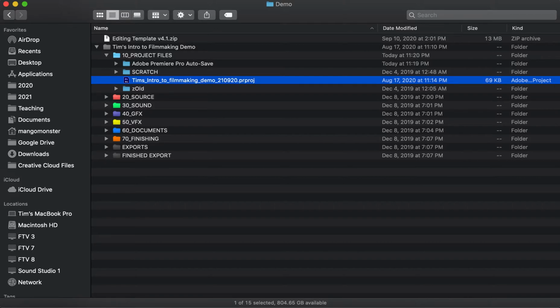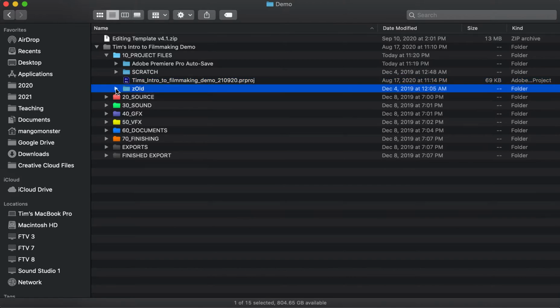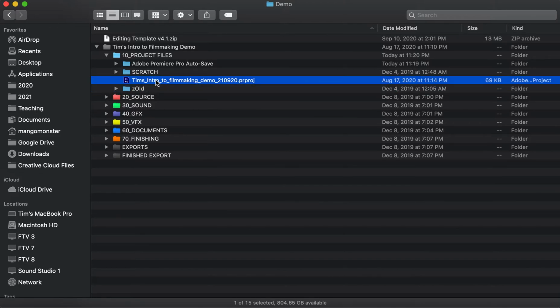21/09/20. All right, day, month, year. Obviously, we're in the US and we do it the other way usually, but that's the way I've got it. You can change it to be whatever you want. And then old. Basically, anytime you duplicate your project file or save a new one off and you're no longer